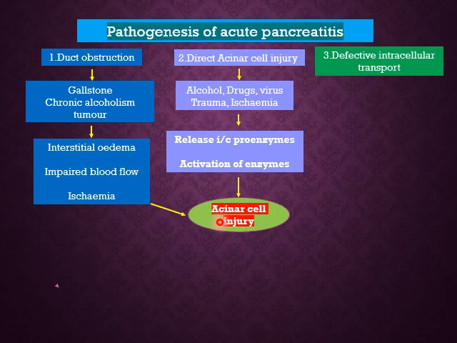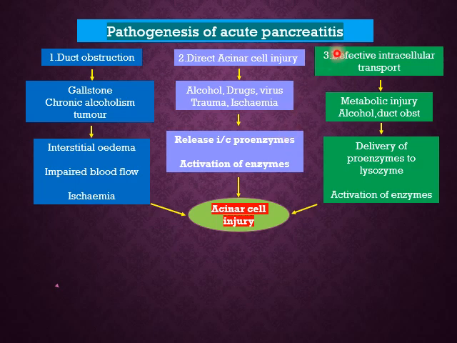The third group of conditions is where there is defective intracellular transport in the acinar cells. This is due to metabolic injuries from various diseases, alcohol, and duct obstruction. This results in delivery of the proenzymes to the lysosome with activation of these enzymes, leading further to acinar cell injury. Okay, once there is acinar cell injury from the various causes mentioned above, then the enzymes are activated,